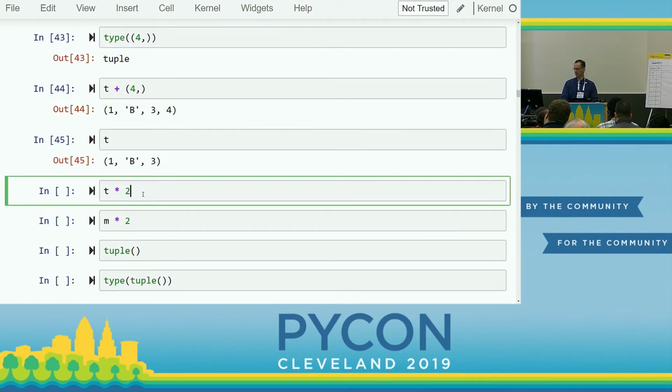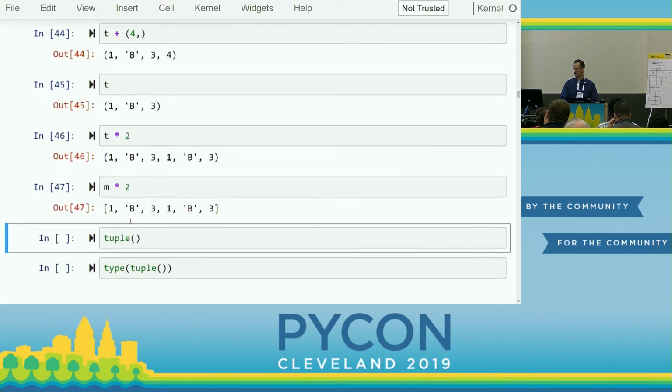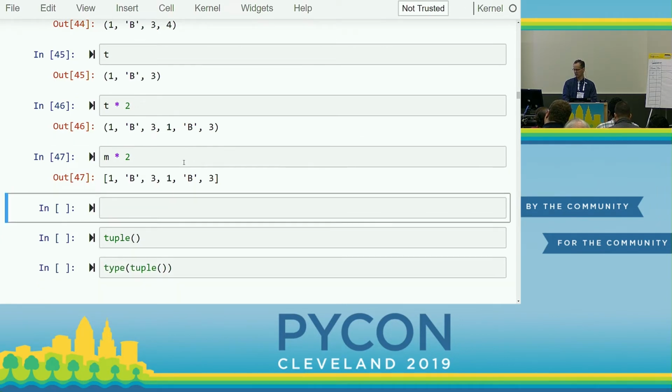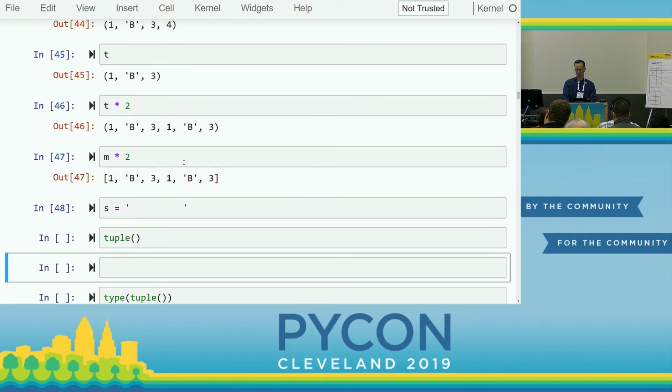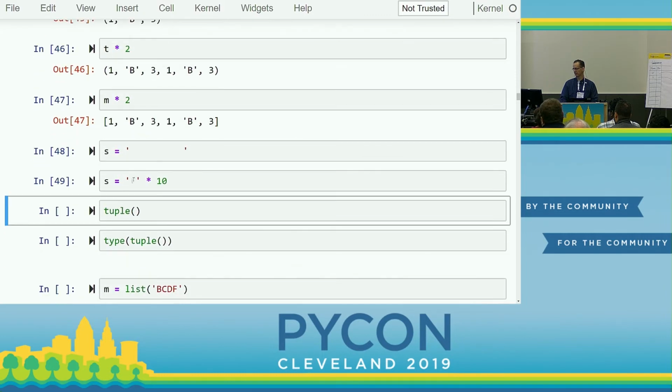Can I do math like I did with strings, as in multiply? Can I use the star to do something? Yes. Right? And that's actually quite handy. Hang on. For example, what's easier to read? That? Oops, sorry. Or this? Right? That's the rare case when I've actually used star with strings, is I need a certain number of spaces. There are other ways to do it too. But anyway,